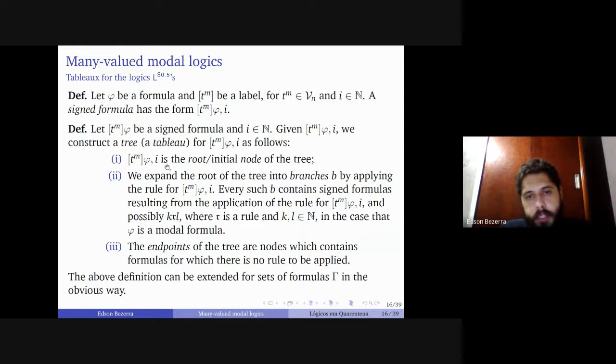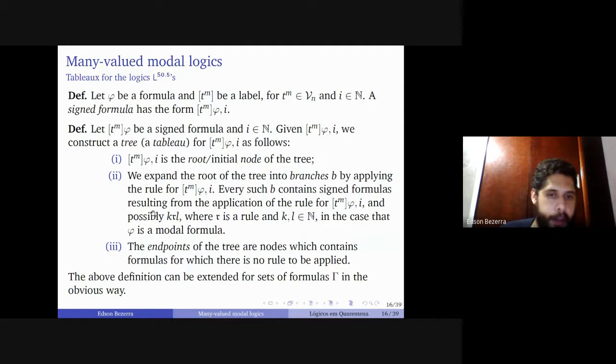Phi is the initial node of the tree. We will expand this root by applying the corresponding rules for this labeled formula, and every branch B contains a signed formula resulting from the application of its corresponding rule, and possibly